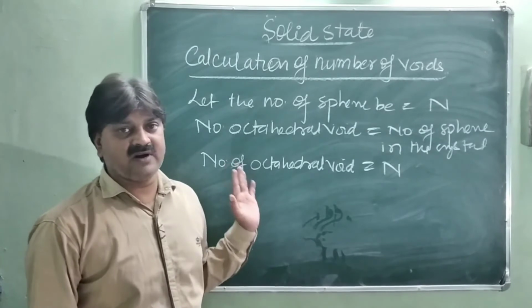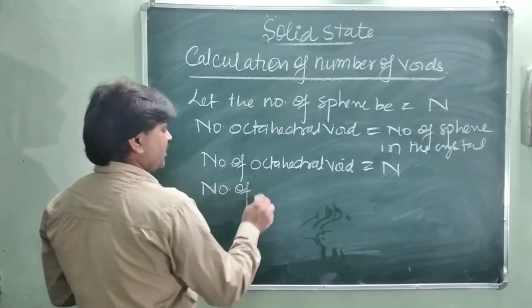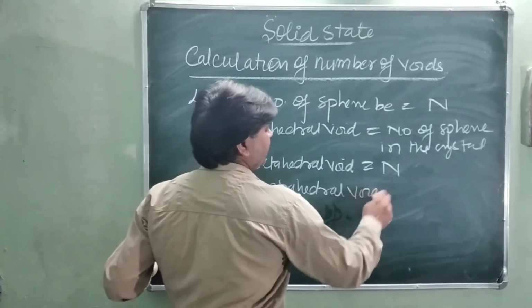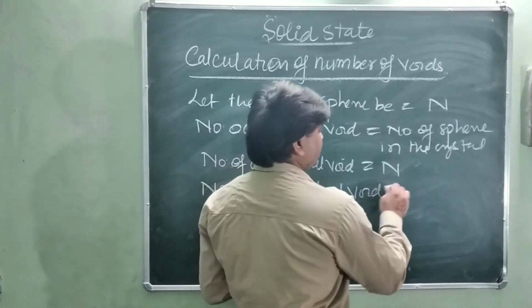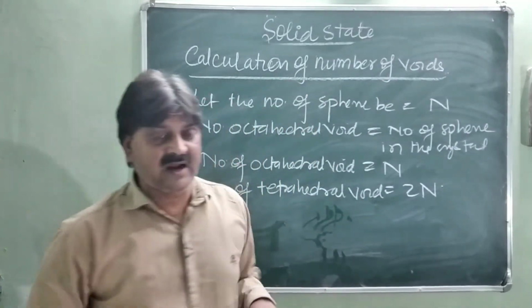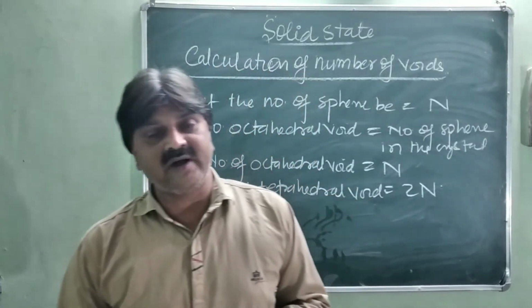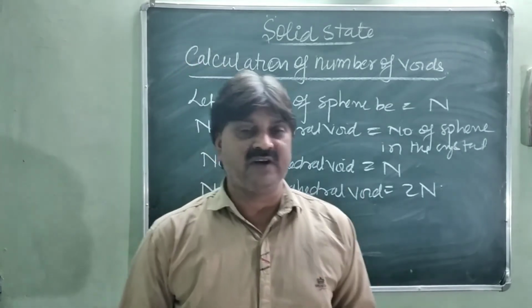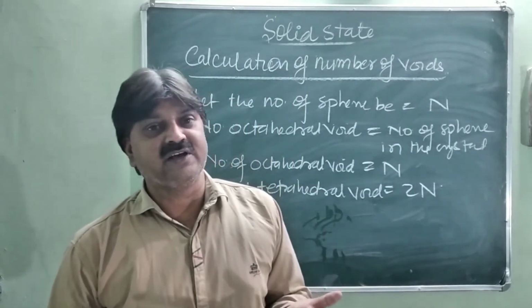Whatever be the number of spheres or atoms in that 3-dimensional space, this is the same number of octahedral voids. Whereas the number of tetrahedral voids, void means vacancy, the number of tetrahedral voids is equal to twice the octahedral voids, meaning this is 2N. So the number of tetrahedral voids is just twice the number of octahedral voids. And what is the number of octahedral voids? That is the number of spheres present in the lattice crystal in 3 dimensions. Is it clear? So 2 types of vacancy are created by placing the second layer over the first layer.